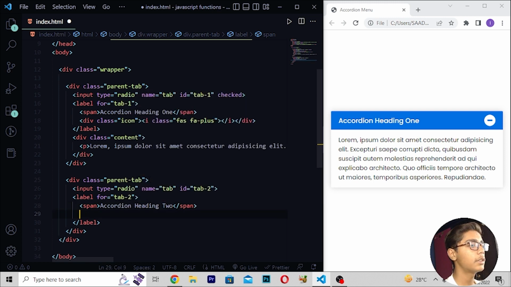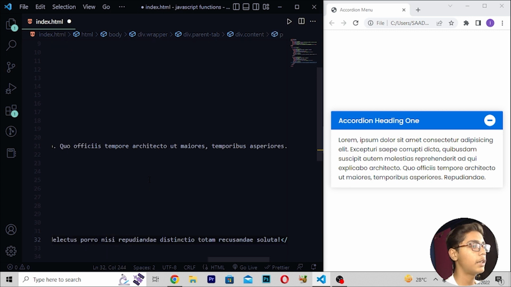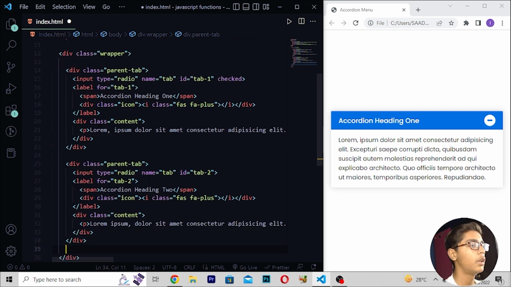Then when you've written this, here I will be writing div, then here you have to write class icon, then here in center I will be writing i tag class fa dash plus. Then here you have to move down, right here div, so simply here I will be writing div class content, then I will be just moving down, right here p tag, and then you have to just write like this, means the starting code of lorem ipsum.